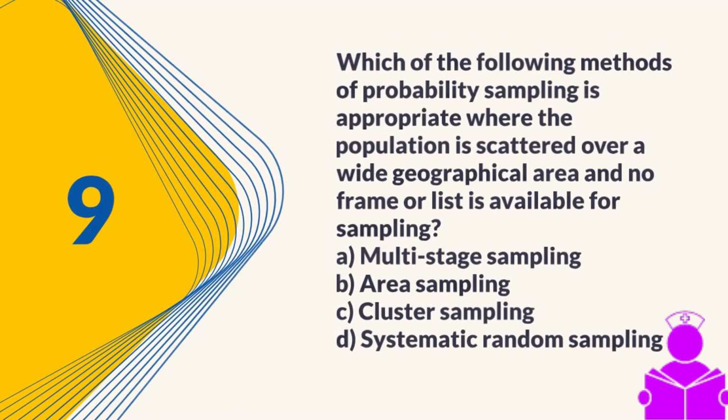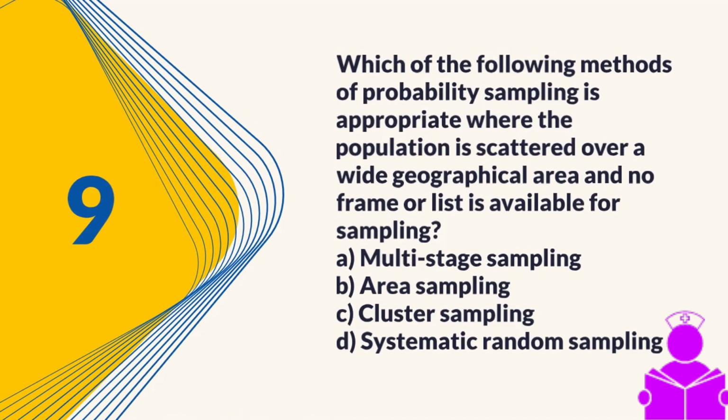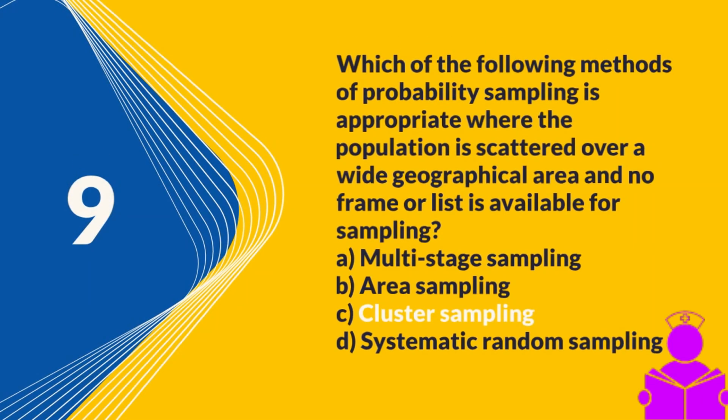9. Which of the following methods of probability sampling is appropriate where the population is scattered over a wide geographical area and no frame or list is available for sampling? A. Multi-stage sampling, B. Area sampling, C. Cluster sampling, D. Systematic random sampling. Answer, C. Cluster sampling. Because this is a method where the population is divided into clusters, and then a random